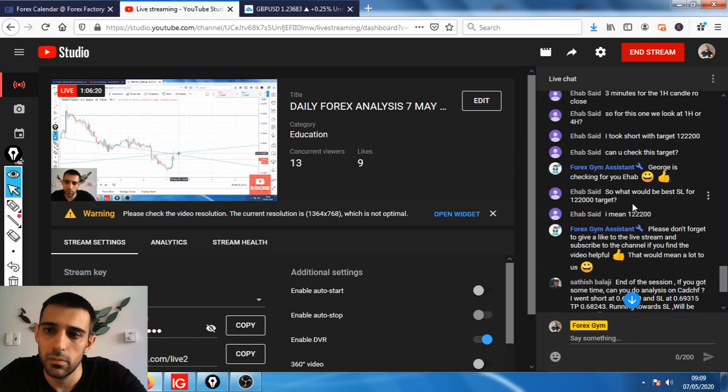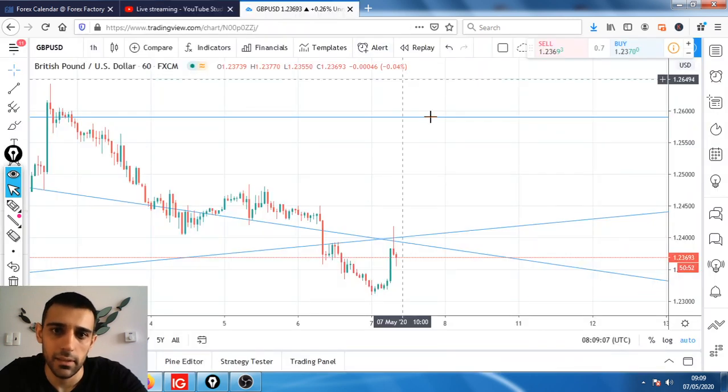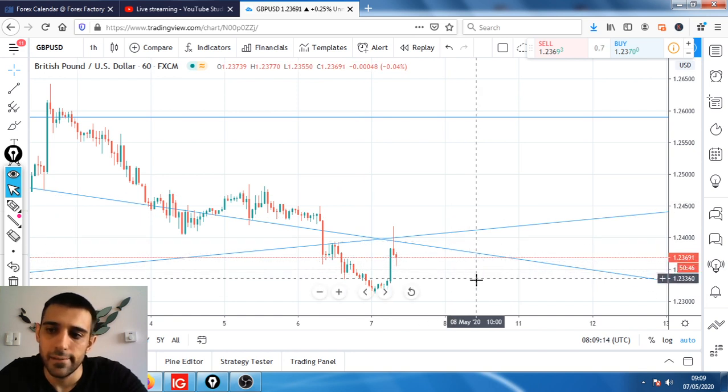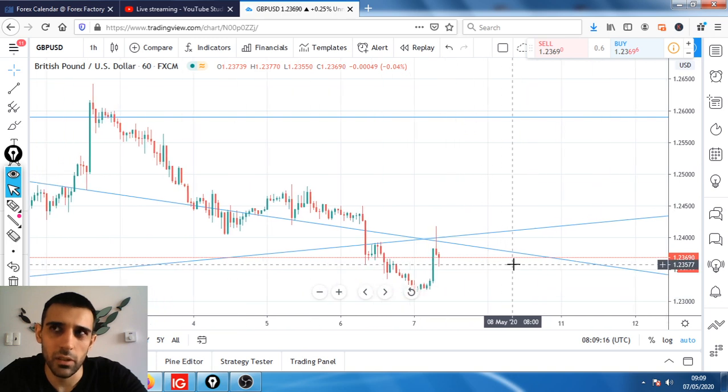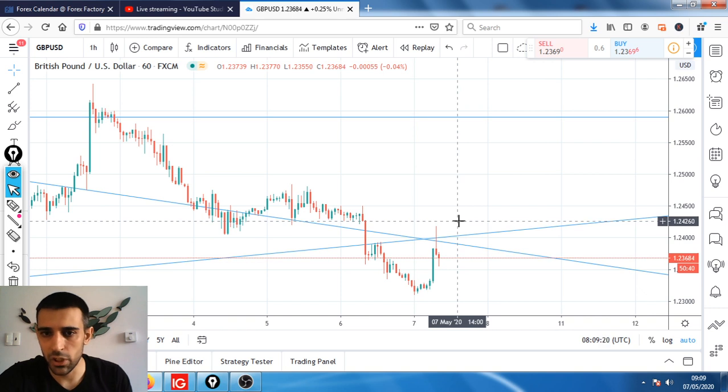122. Stop loss for 122.20. 122.20, so 122.20, so 23. Yeah, for the targets, the risk reward does meet the risk reward requirement, so you can place your stop losses just about